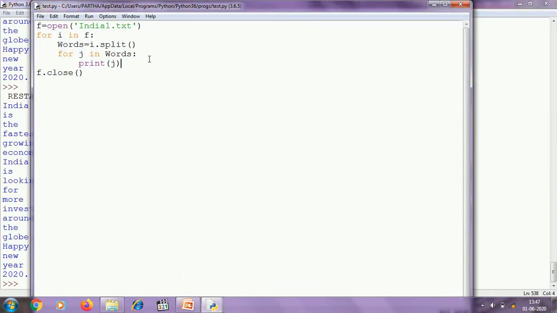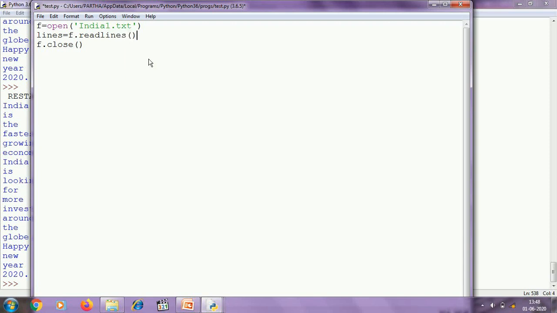Now I shall show you how to fetch the lines of the text file india1.txt one by one. To do this, I shall use the readlines method. lines equal to f.readlines().